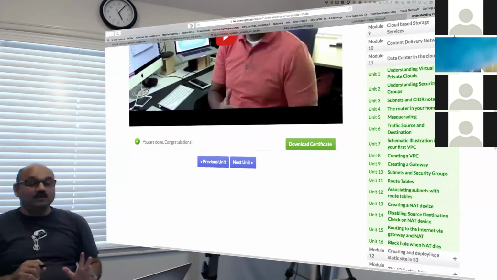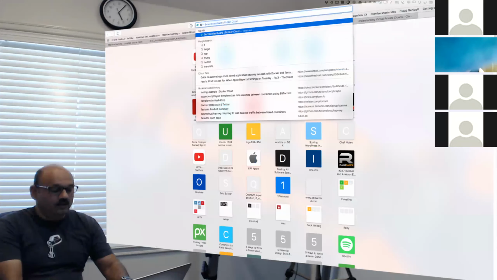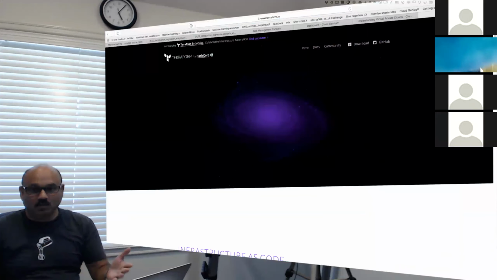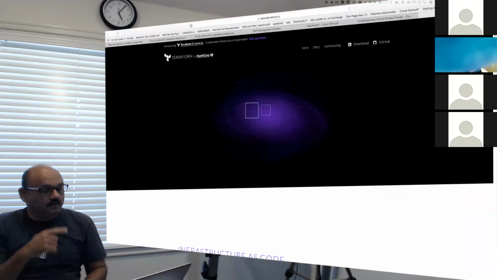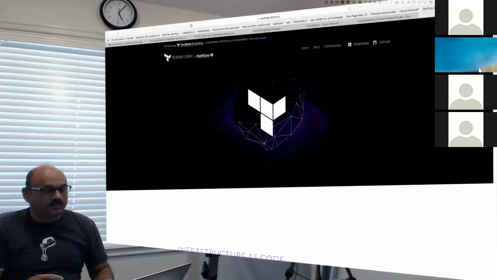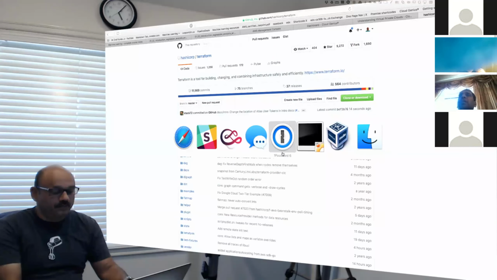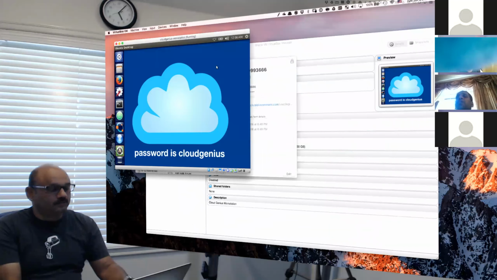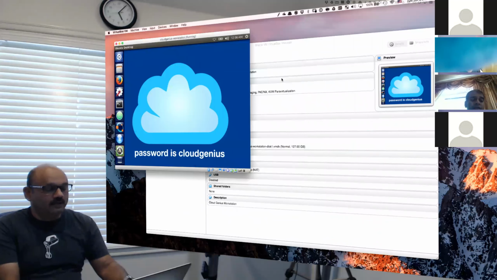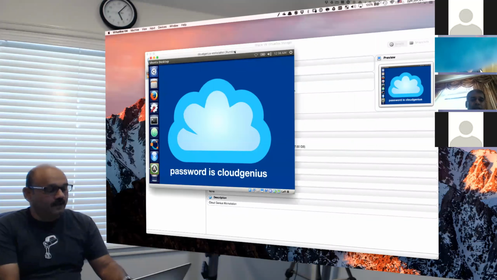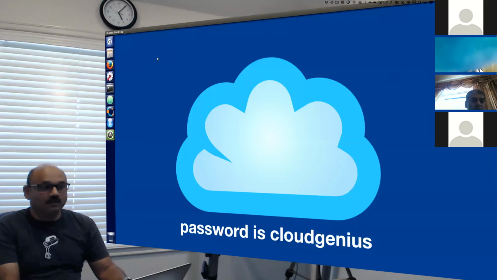I will be using a tool that is called Terraform, which is an open source tool, as you know already. This one, the website is opening up, it is available on GitHub. And we will be using this tool in our virtual machine, which is this machine here. What we will do is just play the exercise, and you will see that a complete the same thing.